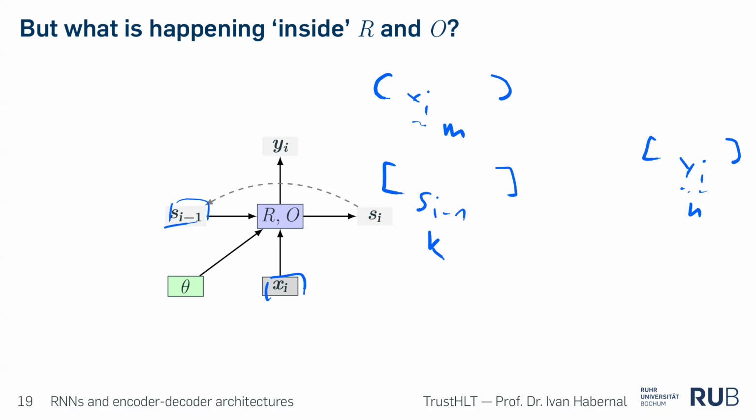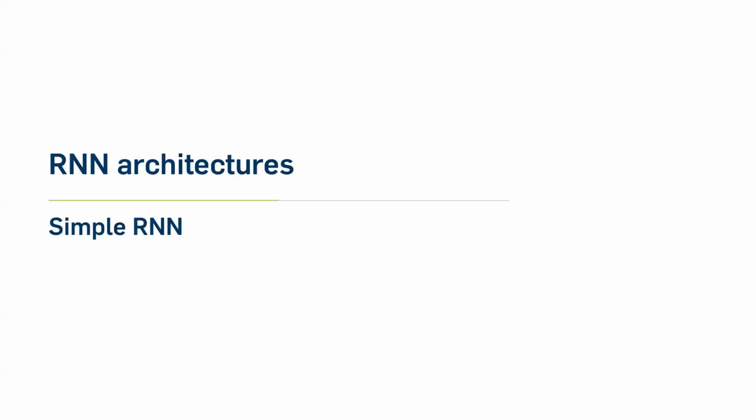Yeah, multiply by a matrix. You just multiply by a matrix, and you get a vector. What is multiplication by a matrix? It's a linear projection. You can project one vector to another vector by a matrix, by a linear map. This is a simple solution. So what do we do about s_{i-1}? We multiply by another matrix, and then maybe sum them up. Maybe there will be a plus. This is the simplest solution I can come up with,